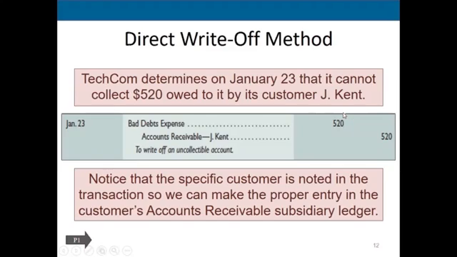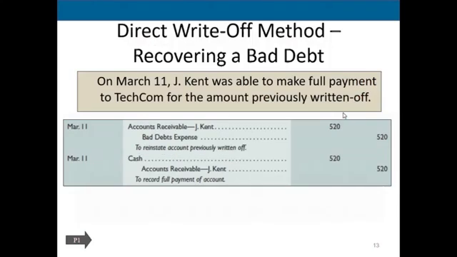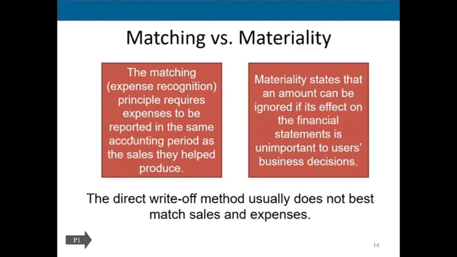So the direct write-off method really doesn't allow for that at all. The revenue's back in November, and now I have a related expense in January. Furthermore, now I'm moving even a few months more ahead, and I'm actually reversing that out in March. So really matching is just completely out the window. So that's about the matching piece, and that's why the direct write-off method, by the way, is not a generally